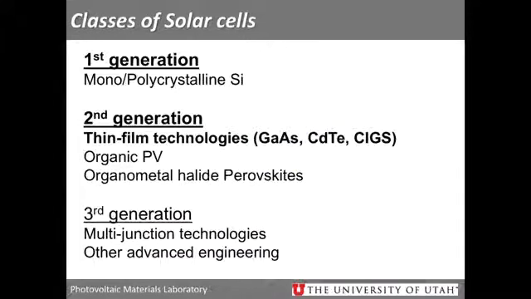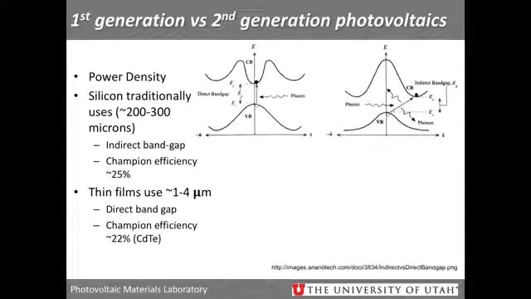Okay, so if we talk about thin film technologies, the three big players that I mentioned are gallium arsenide, cadmium telluride, and copper indium gallium diselenide. So the push for thin film really comes from a power density argument. As I mentioned, silicon traditionally uses 200 to 400 microns, so still very thin. The reason they have to use that much,